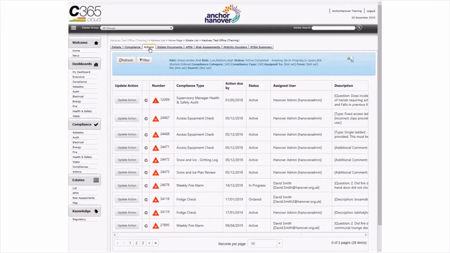Here you will see a list of active actions raised from the completion of compliance tasks. For each action, you will see the following information. Action number, this is a unique number for this action. Priority level, this will show low, medium and high within a triangle. RAG status, the triangles will be displayed as either red, amber or green, and actions will be presented in the